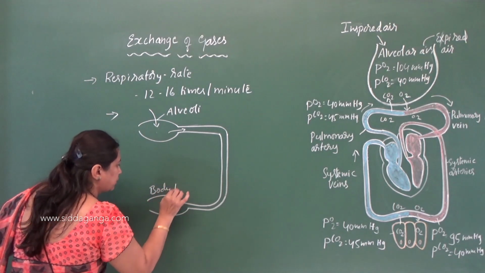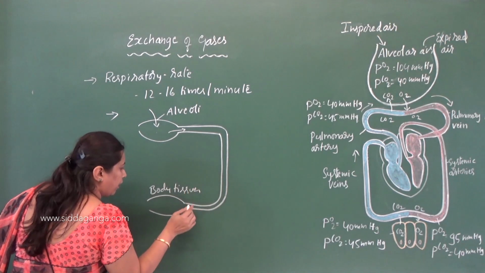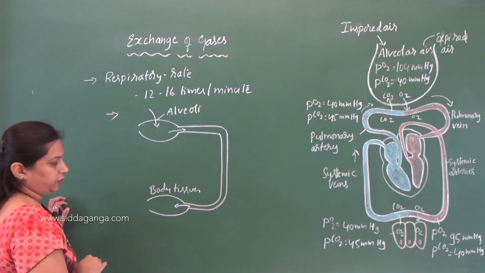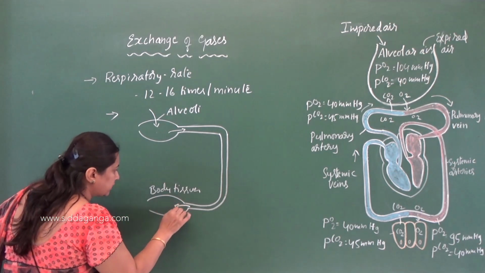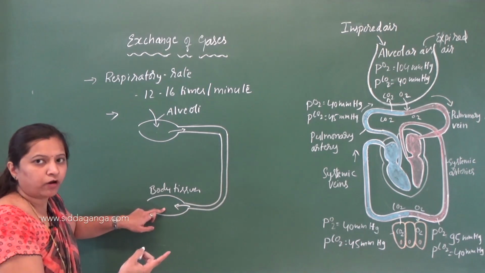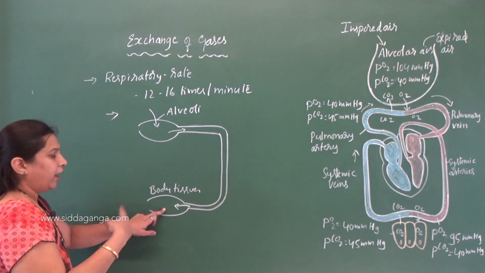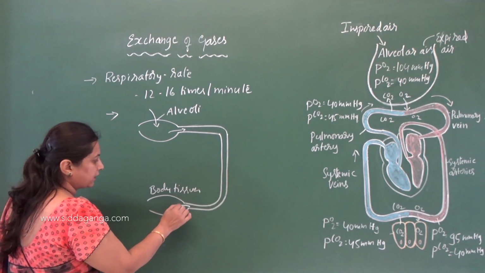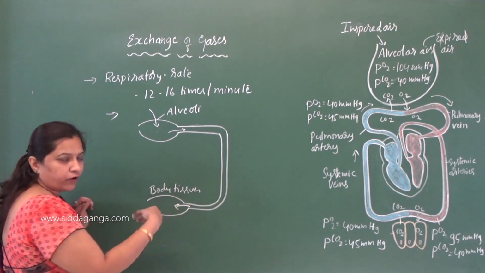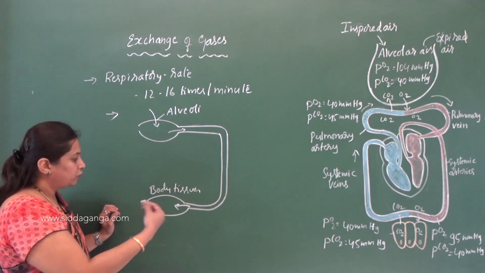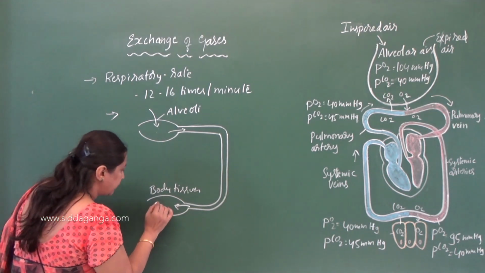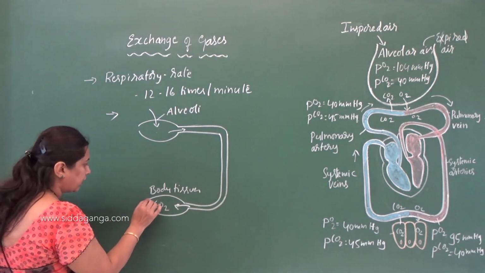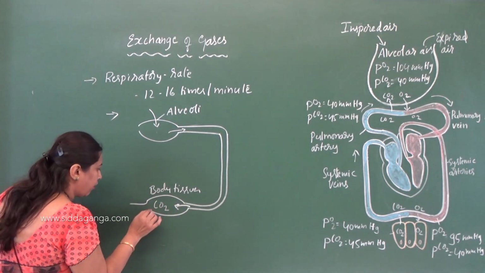In the body tissues, the oxygen from the blood diffuses into the body cells, where the cells utilize oxygen for the breakdown of organic nutrients. And what are the end products? The end products are carbon dioxide, water and energy. So the body cells are using oxygen for the breakdown of organic substrate to release energy. As a result, carbon dioxide is continuously produced in the body cells. As it is toxic, the carbon dioxide must be eliminated out of the body.